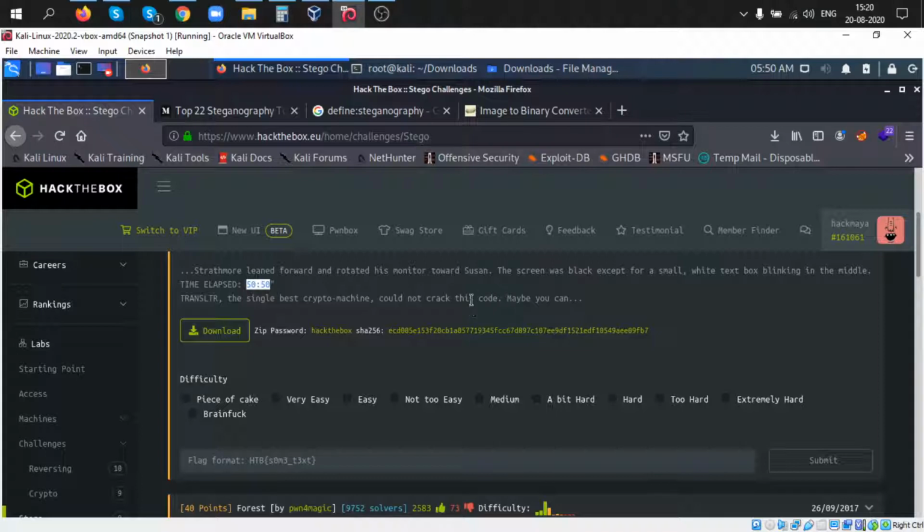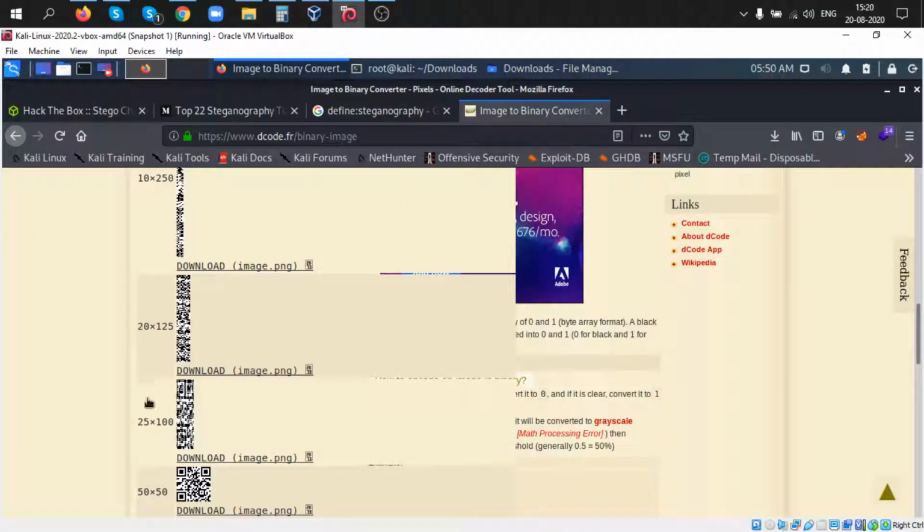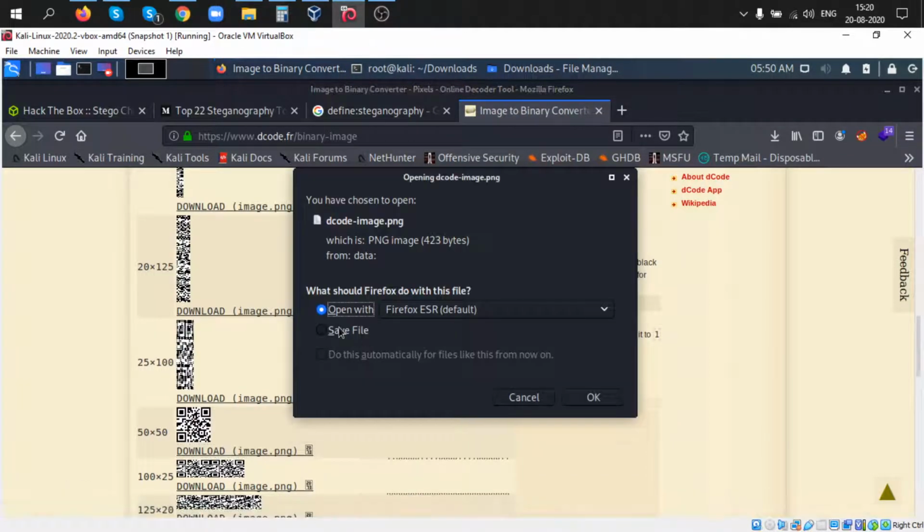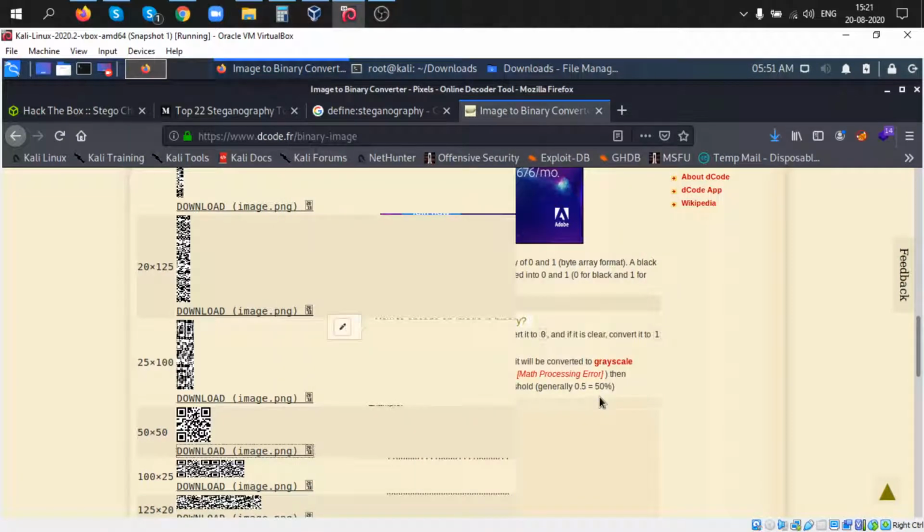Maybe you can. So I download this image again, and this looks like a barcode.